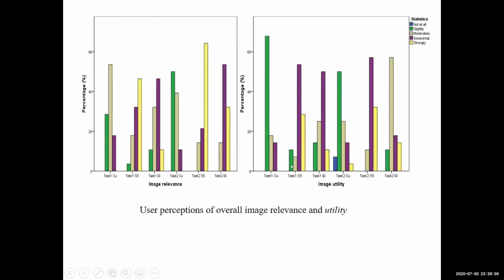Now we move to compare image relevancy and image utility, which is the main core of our study. If we see the image relevancy, the 28 participants in this study found that the search strategy interface is strongly agreed with regard to relevant images, in both the first and second tasks. So even when they use relevance feedback, the results are still